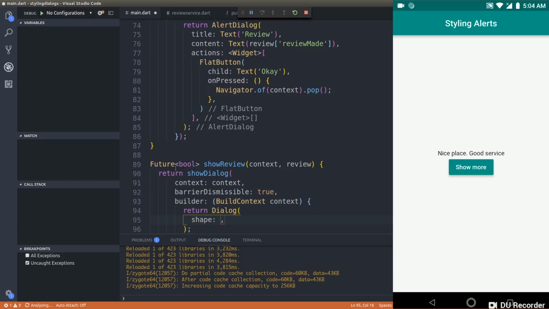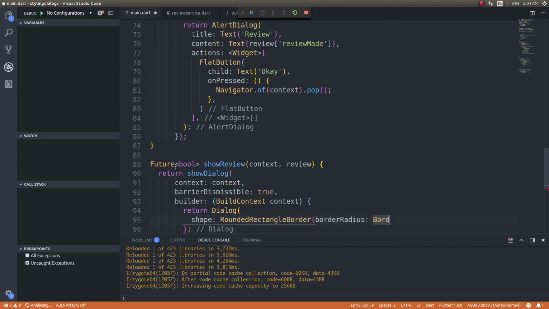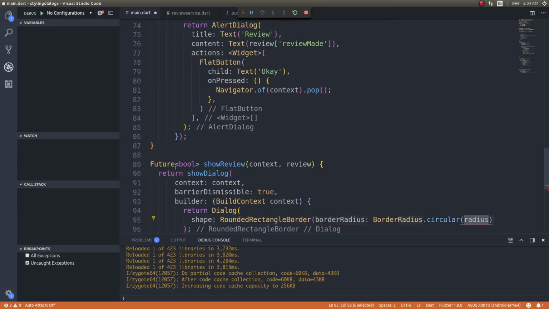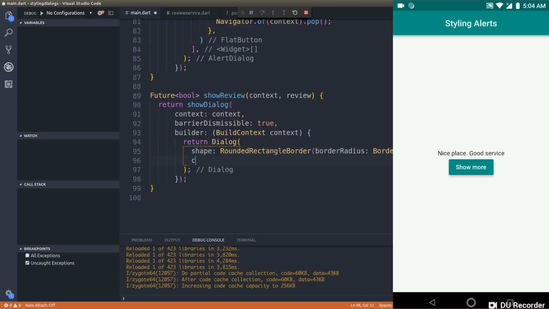First of all, shape, rounded rectangle border, and border radius, border radius dot circular 10.0. And the next thing is I'll have a child, which will be a container, and this container will take in